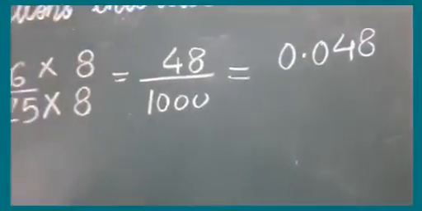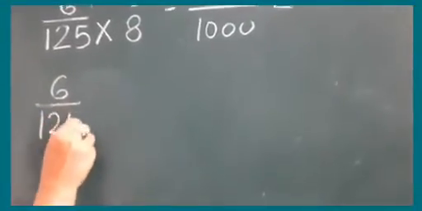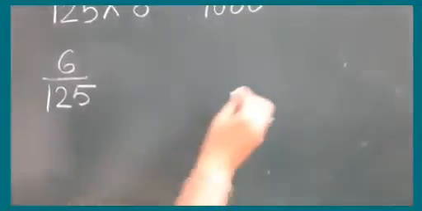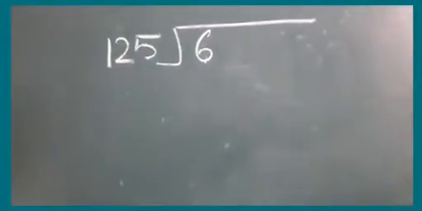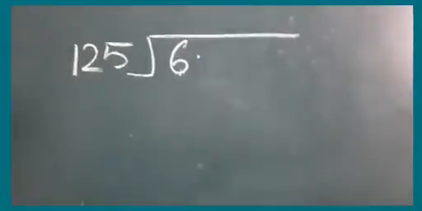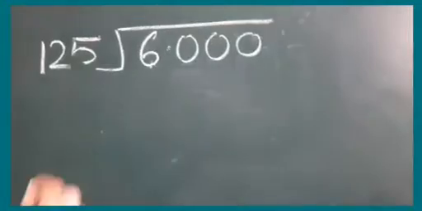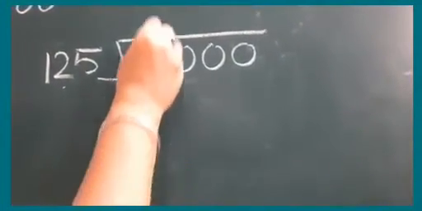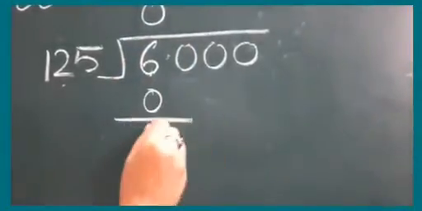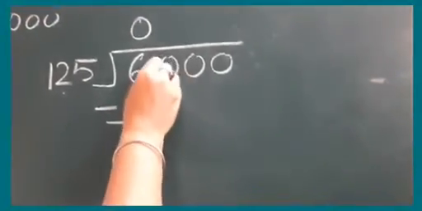The decimal number becomes 0.048. Now what if we apply the division method? Now here I have 6 by 125. So in the division method, 6 is the dividend and 125 is my divisor. Now here I can put as many zeros as I want after the point. So there is a point after 6 and I can add as many zeros as I wish to. Now in the table of 125, 6 will not be coming. It is a very small number. So what I will do? 125 zeros are 0 and the remainder is 6. Now next is 0. But before that we have a point over here.